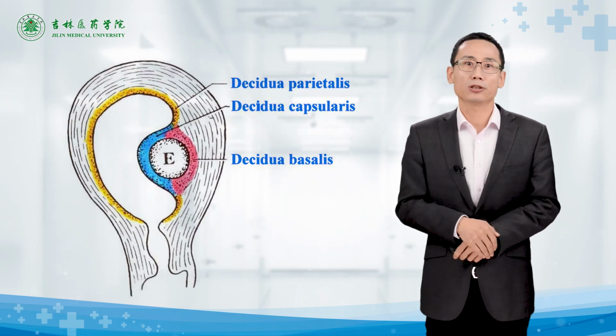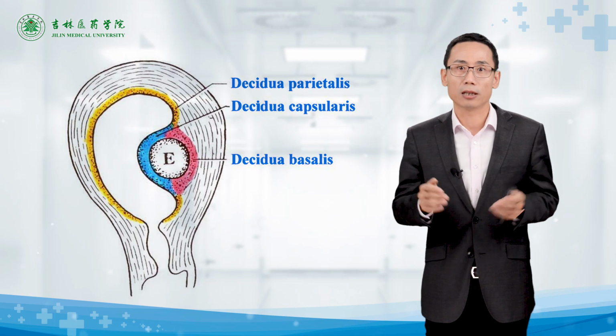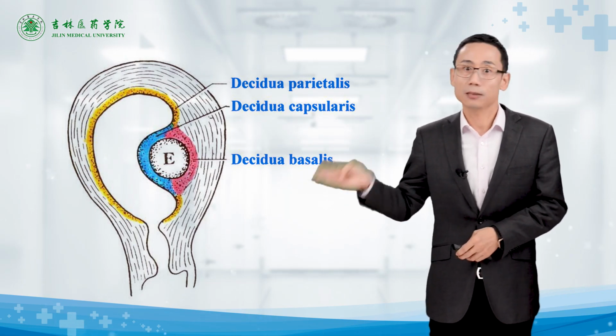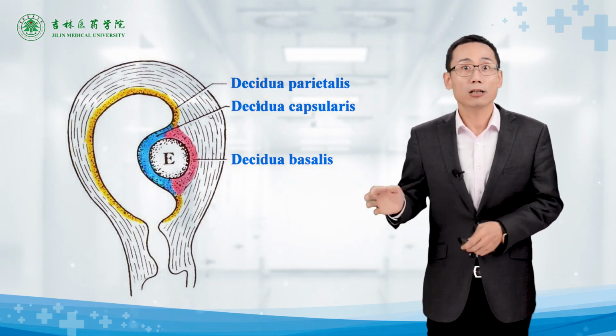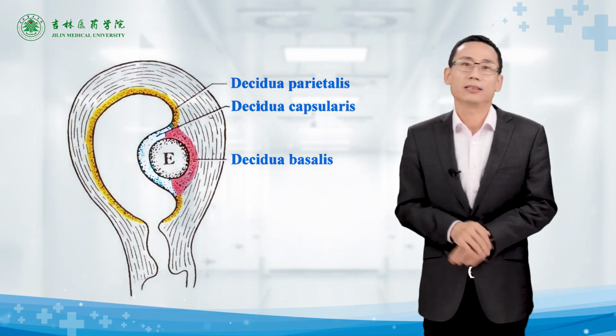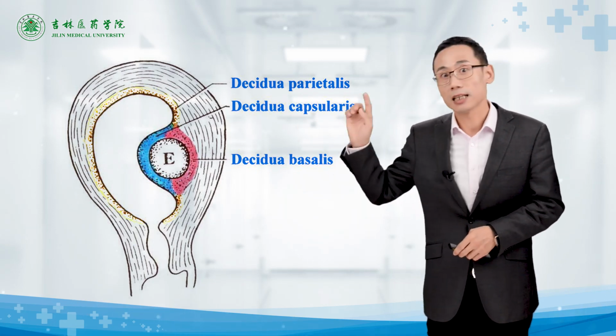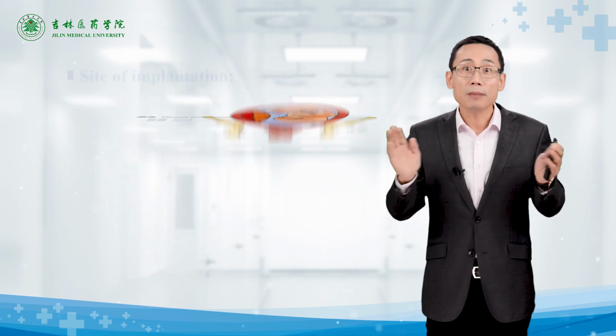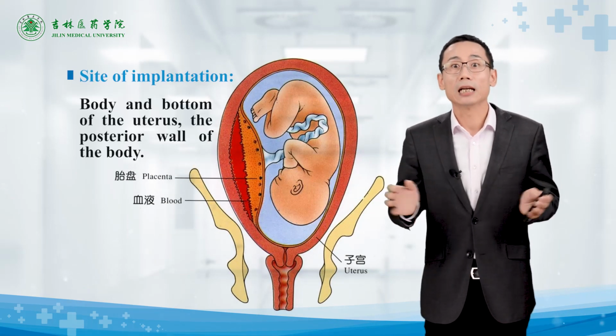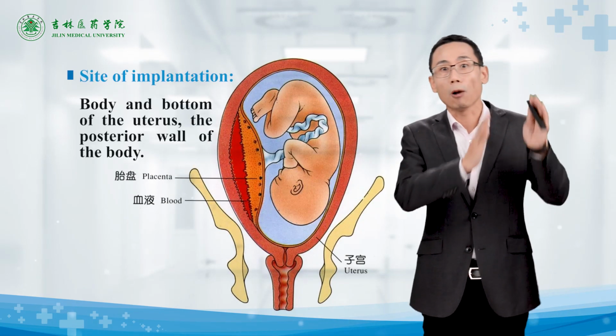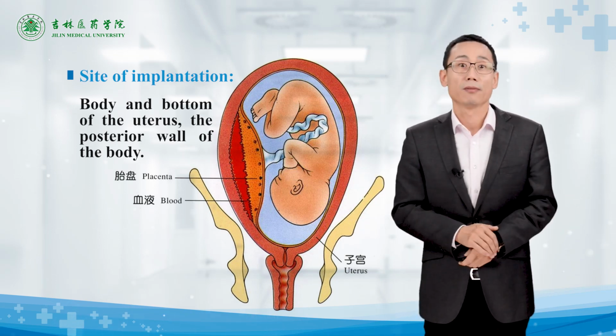This image shows you the three parts of the decidua. Decidua basalis, the pink part. Decidua capsularis, the blue one. Decidua parietalis, the yellow one. The implantation site of the blastocyst is usually in the body or fundus of the uterus, mostly